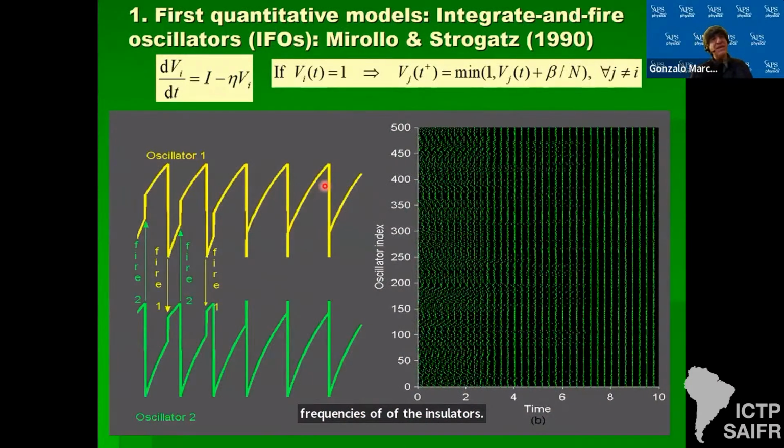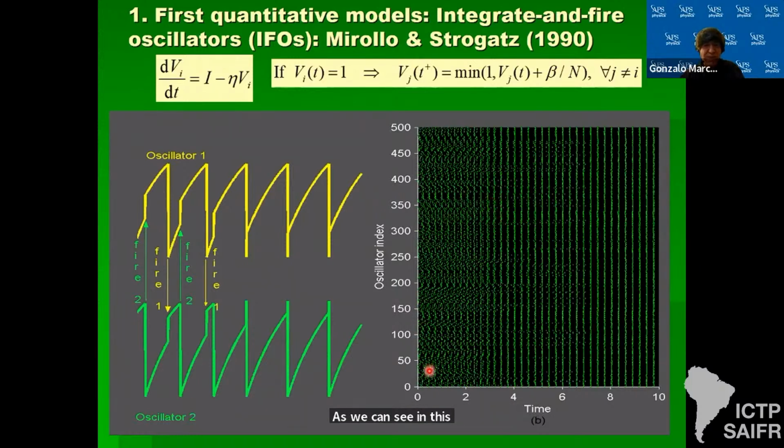Now I will talk about the Mirollo and Strogatz model that we call the integrate-and-fire oscillator, or IFO. That is a very simple model consisting of very simple differential equations where we have a dynamical variable V. Each oscillator has its own dynamical variable. There is a charging stage until the oscillator achieves a threshold, and then it instantaneously resets to the baseline. So with this mechanism, the oscillators can quickly achieve synchronization, as we can see in this